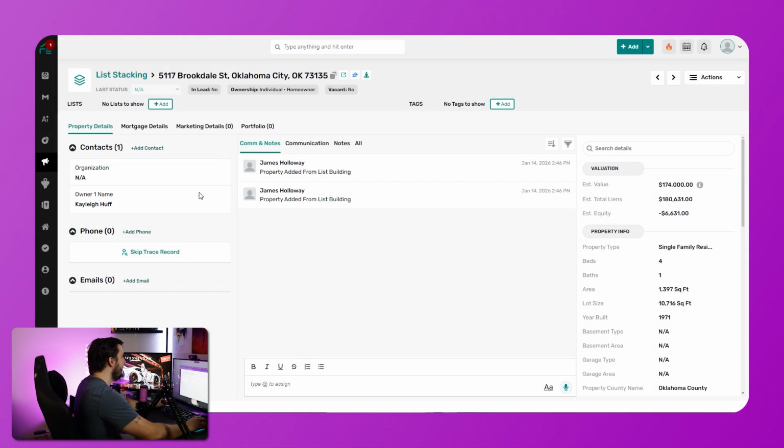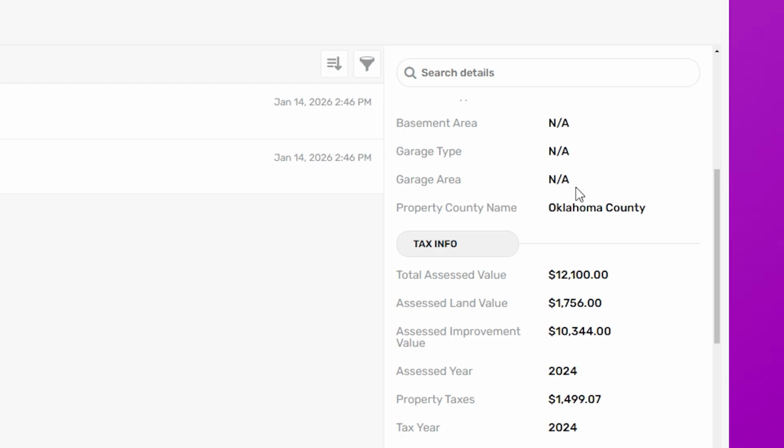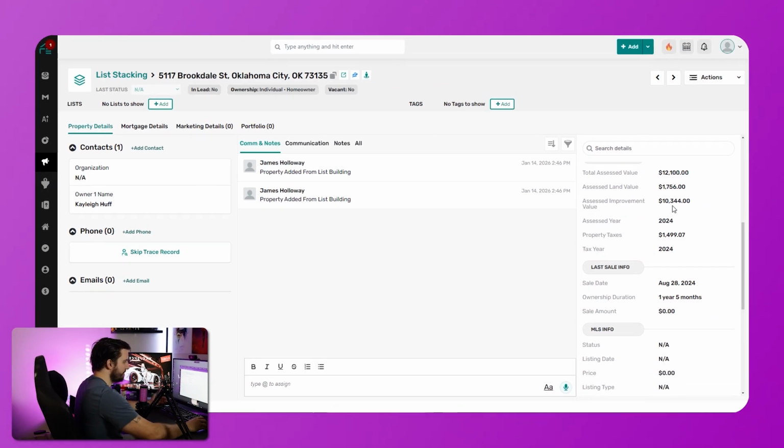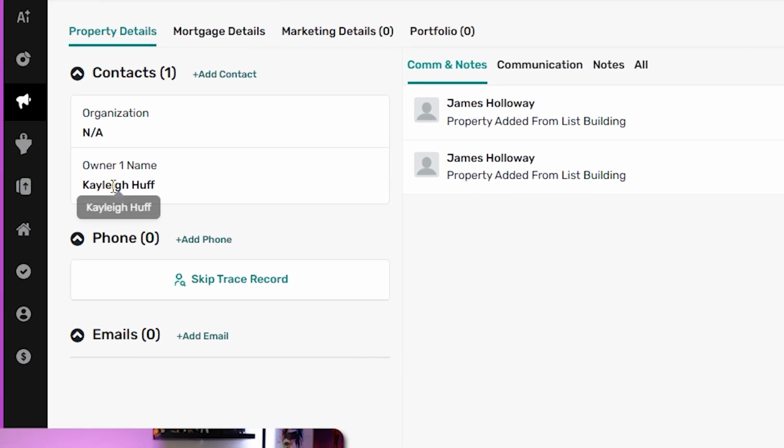It's going to give us a ton of information, estimated equity, liens. So this is a very, very potential lead that you could call or text, which I'm going to show you in just a second. You don't even have to text them from your own phone, you can do it simply through RE Simply. So we're going to do that right here. This is the person's name,